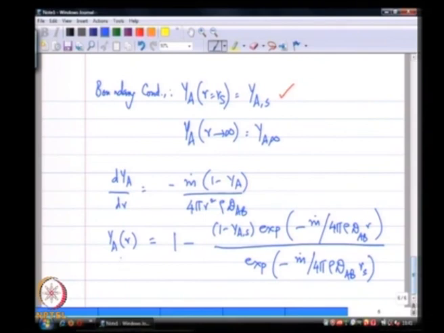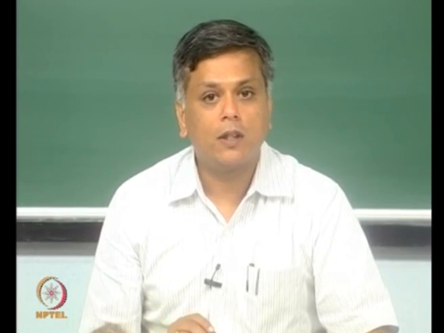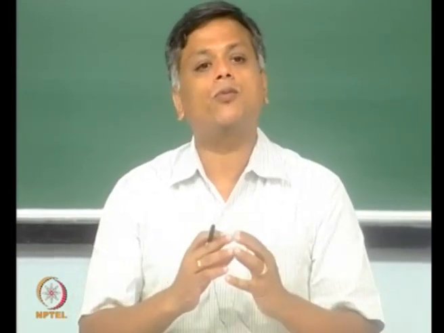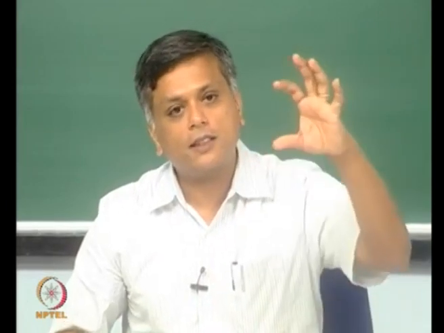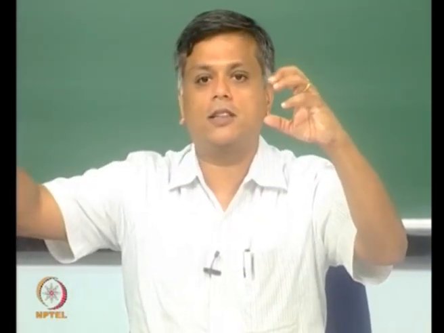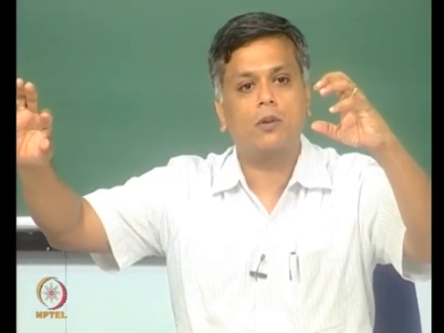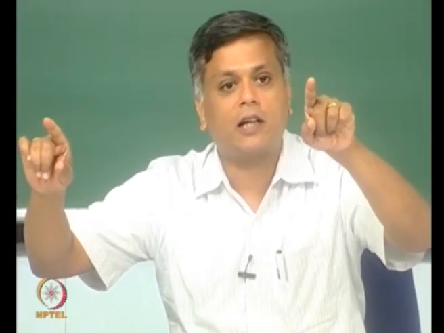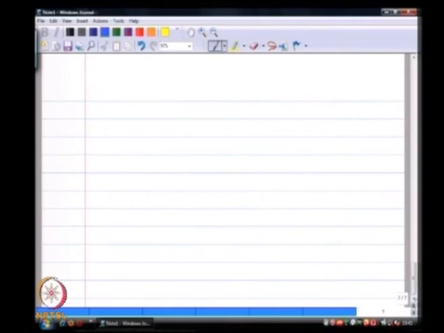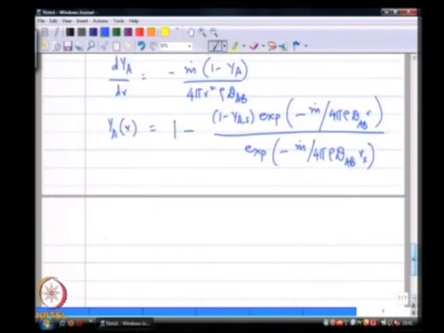Okay. Notice, so essentially the concentration profile or the mass fraction profile is a function of the mass flow rate itself, but the mass flow rate is determined by the saturation mass fraction at the drop and the mass fraction far away from the drop. These are the only two parameters that determine the mass flow rate. I cannot determine the mass flow rate independent of those two. So, if I now use the second condition to find m dot